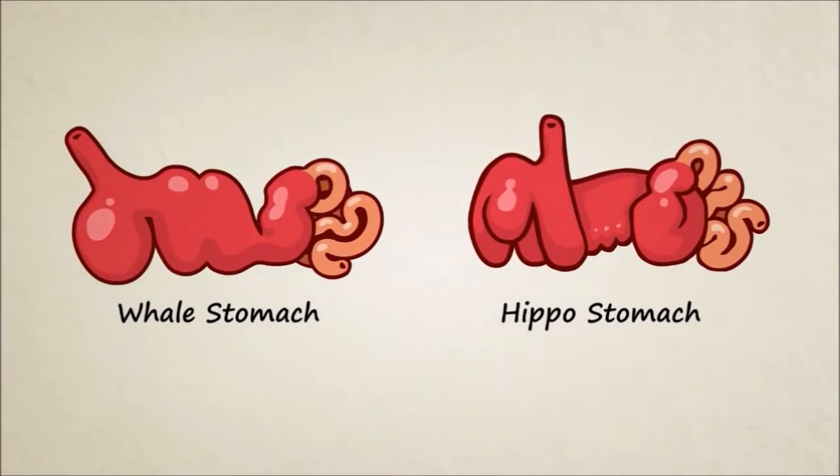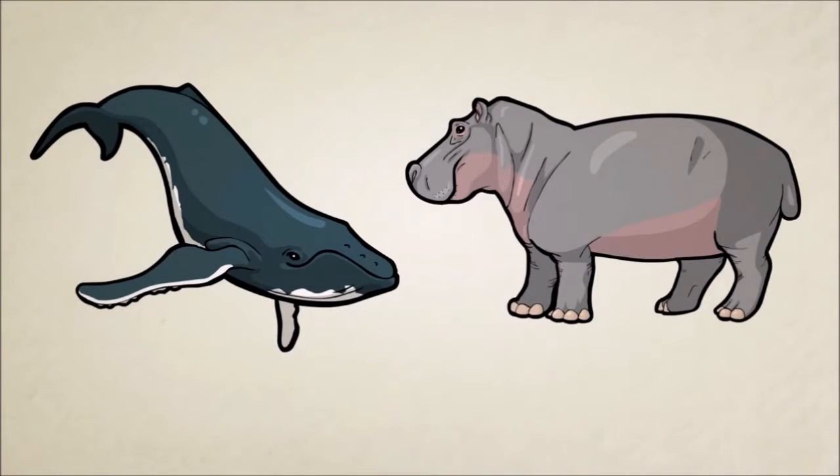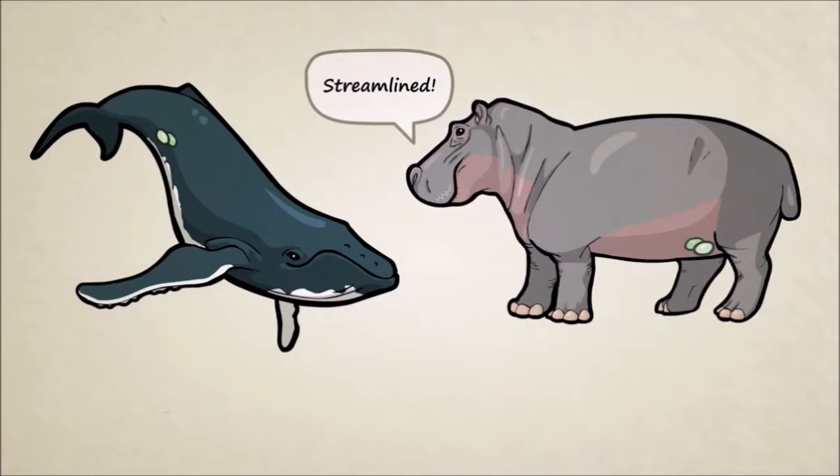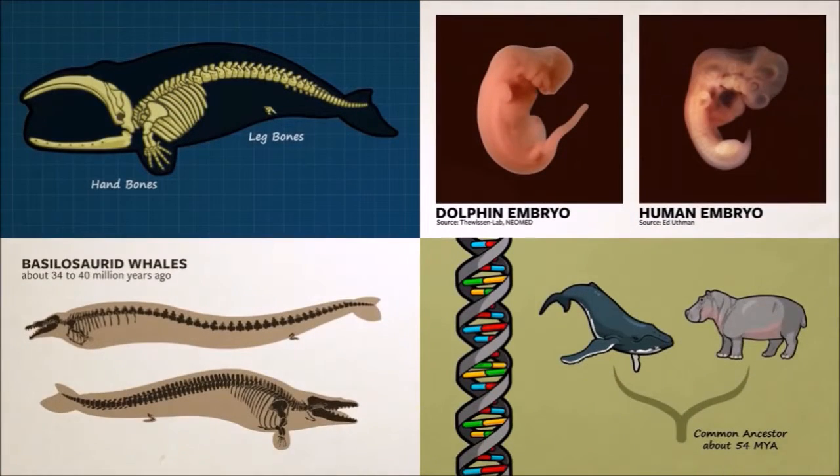They both have multi-chambered stomachs, which is common for herbivores but is almost unheard of for meat-eating mammals. They are both missing a coat of fur, and here's a fun fact: whales and hippos are among the only mammals on Earth that have internal testicles. So there you have it. 4 independent lines of evidence all tell us the exact same story. Whales evolved from 4-legged land mammals.